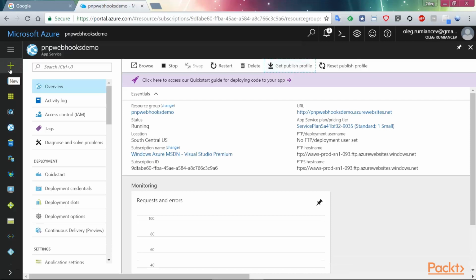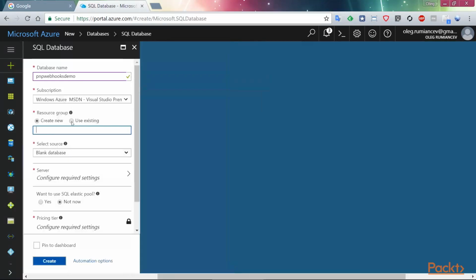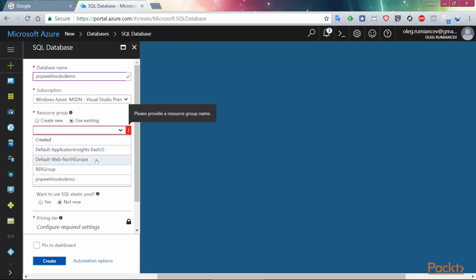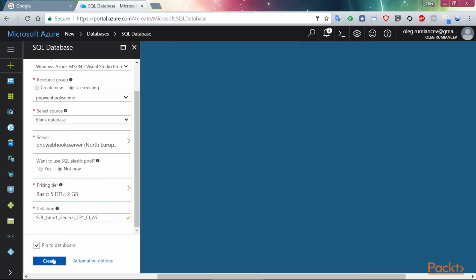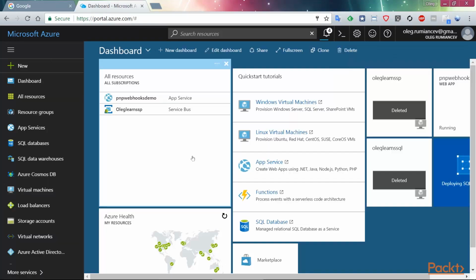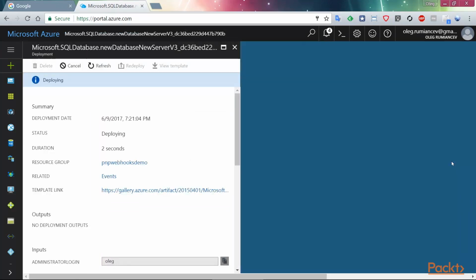Next, we need to create a new SQL Azure server and then the database. We will use the existing resource group. At this point, we need to go to the server and create a new server. Once we have specified the parameters for the new server, click Select. And finally, we can click Create. You will see that the deployment will be in progress for some time. Let us go inside and wait until